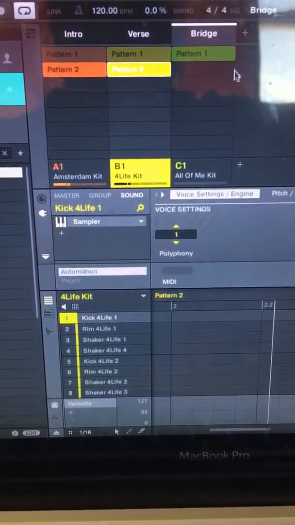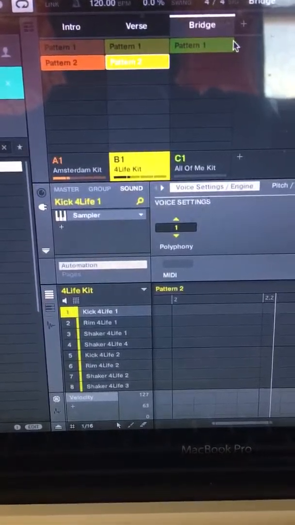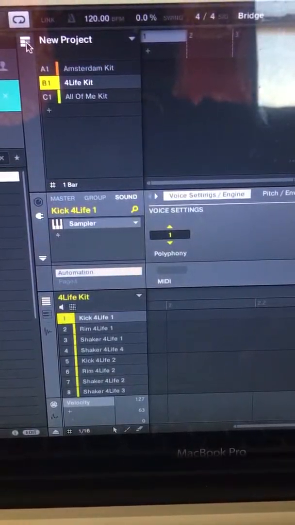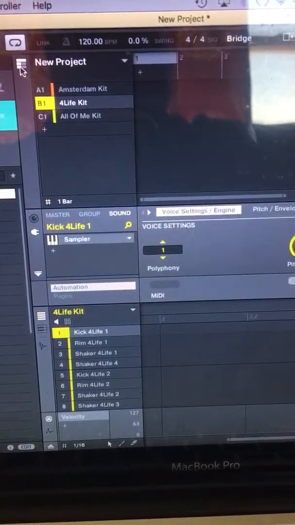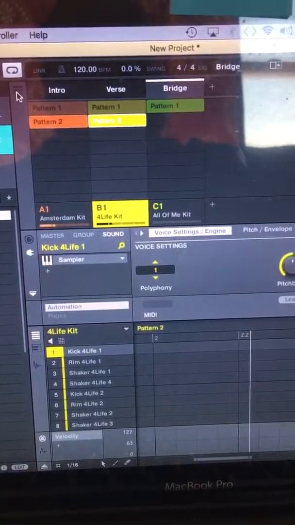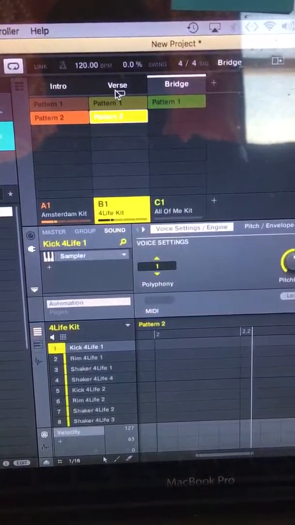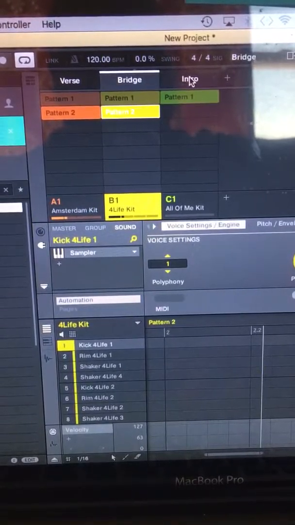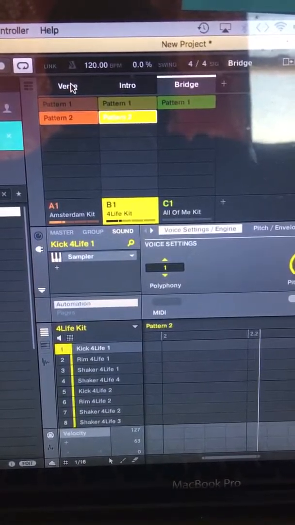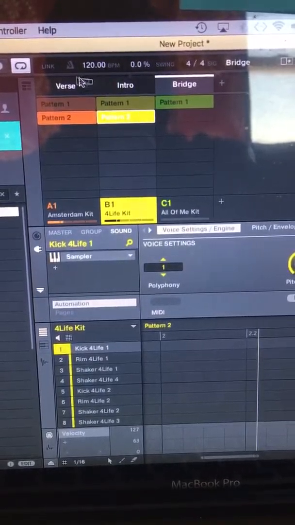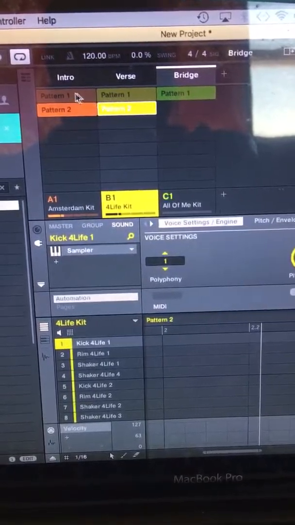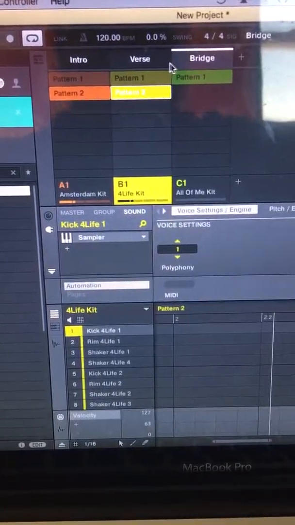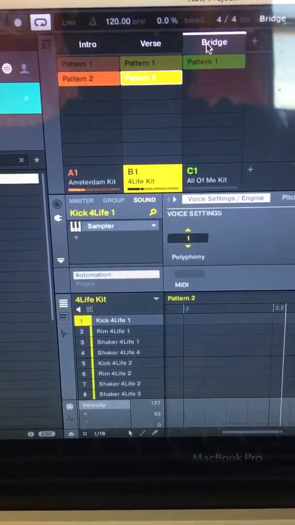Boom. So now I'm ready to piece these together as my song. Let's see here. Okay. So you can rearrange these in whatever order you want them in just by dragging and dropping. So basically, I could have my intro here, my verse here, chorus, bridge here, and then